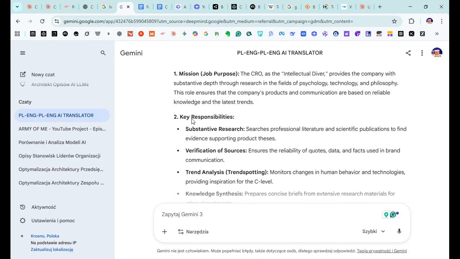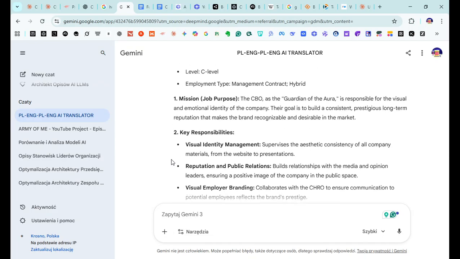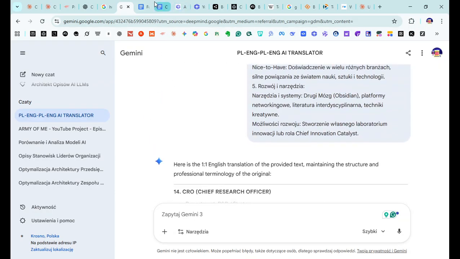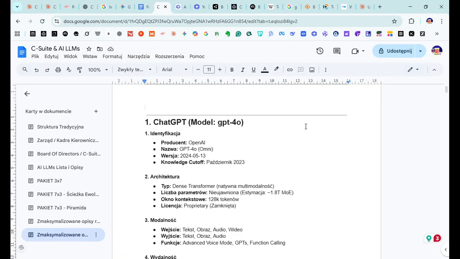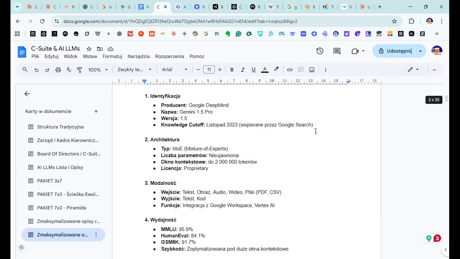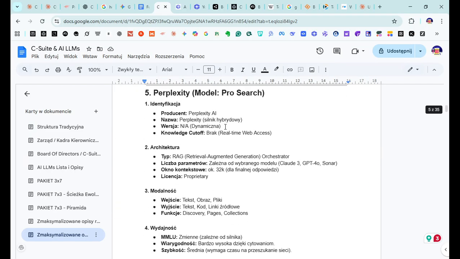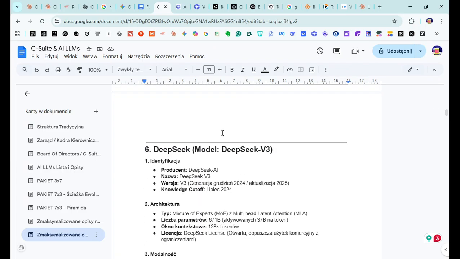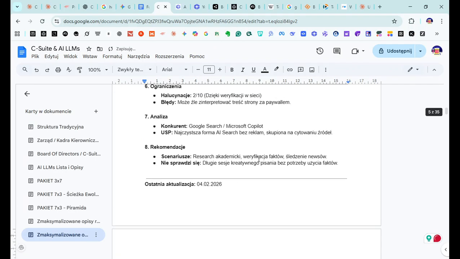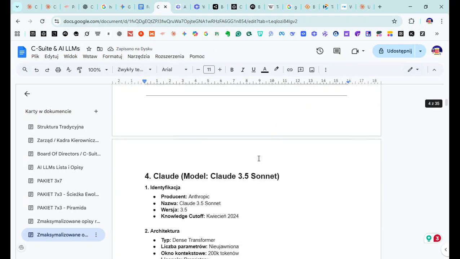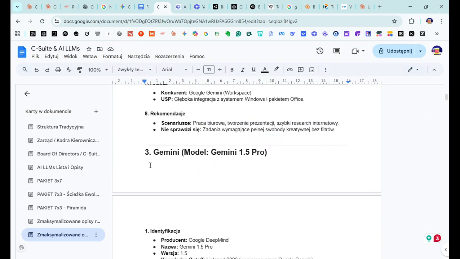I guess I gave it three portions of seven roles. So for the AI models, the idea was also for just one of it on each side.